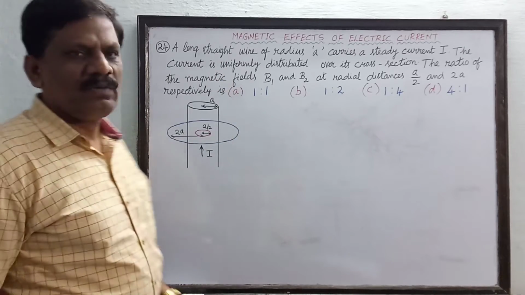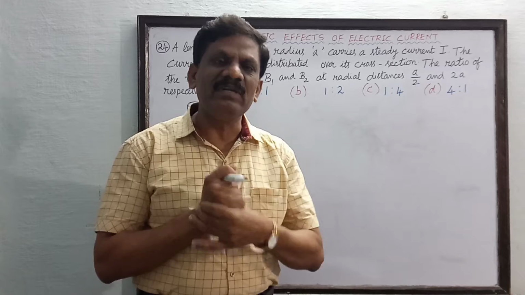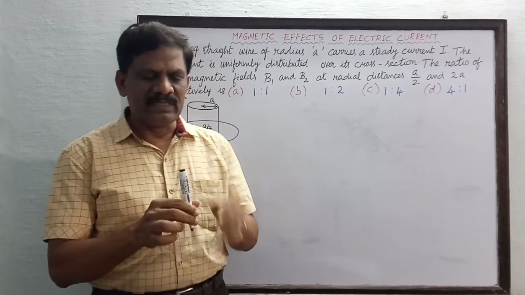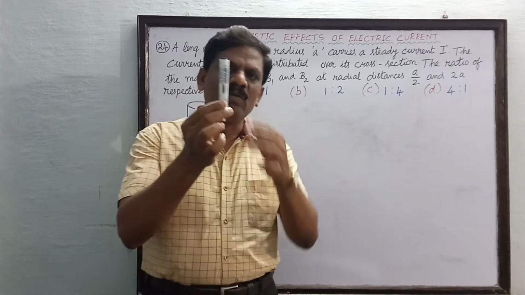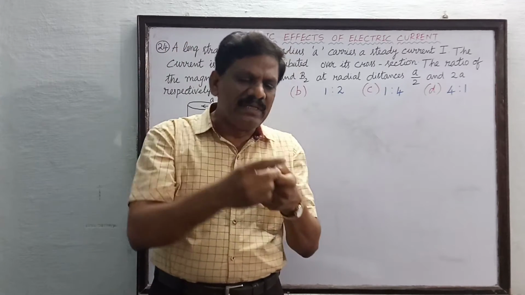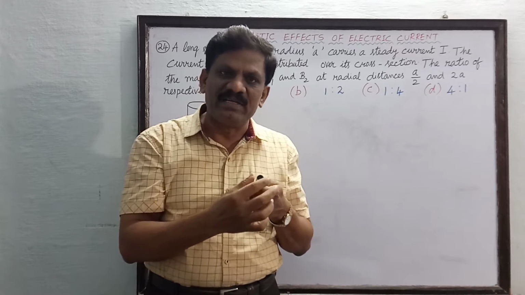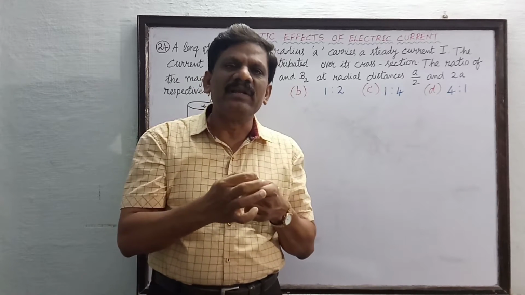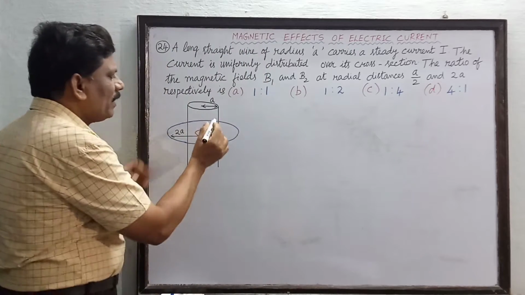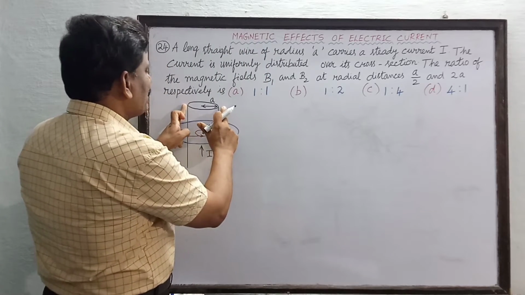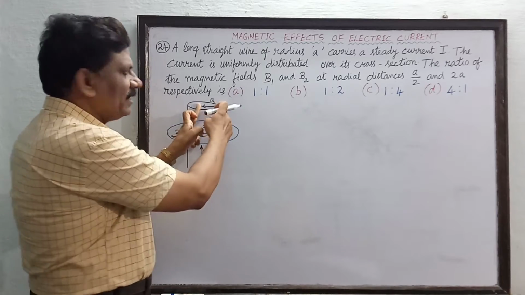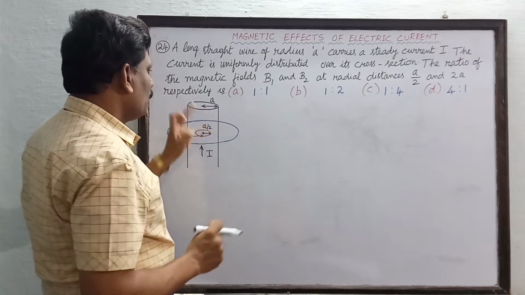Now we have to understand such problems very thoroughly. Okay students, now let us consider a cylindrical wire. A wire is cylindrical in shape, so the area of cross section is circular in shape. Its actual radius is a. So I have shown in the picture, this is the actual circular cross section of the conductor. Its radius is a.